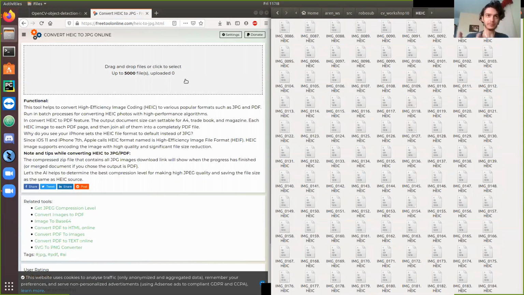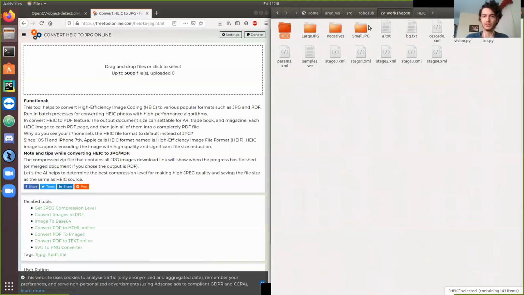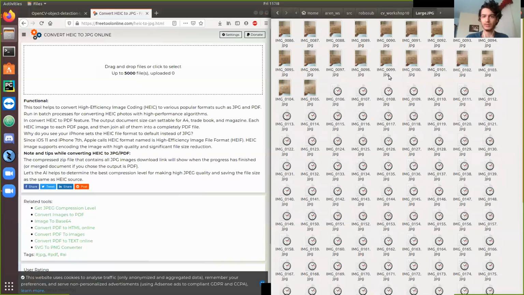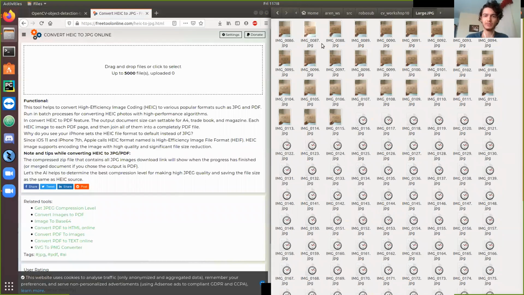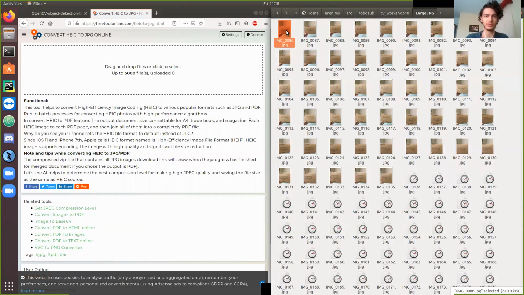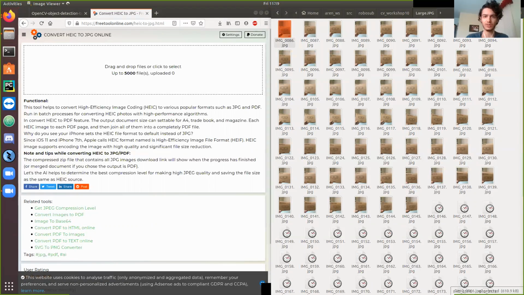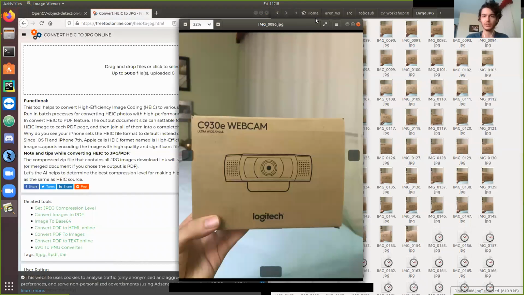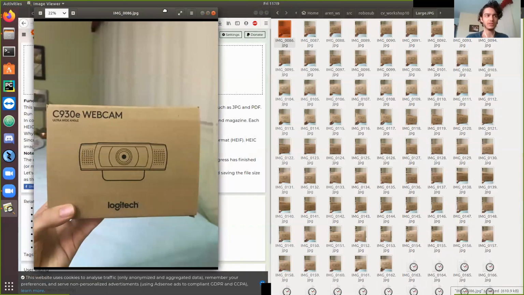And that was it. It converted all of them to JPEG, and I downloaded them, and it made me this folder right here that I named large JPEG. And the reason I named it large JPEG is, let's say I open up one of these photos. Well, first let me show you the photo. Can I open it? Oh, there it is. Okay. So here's an example